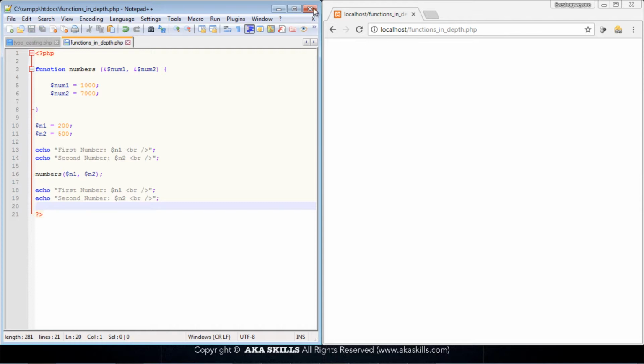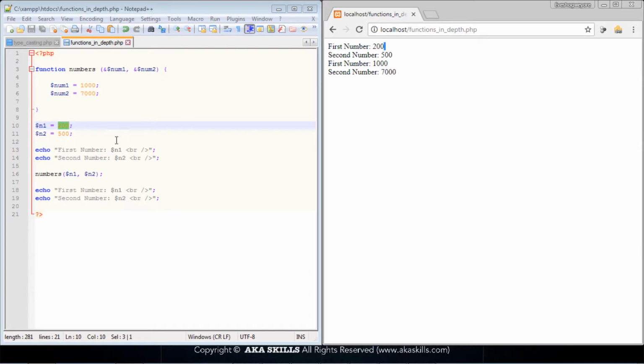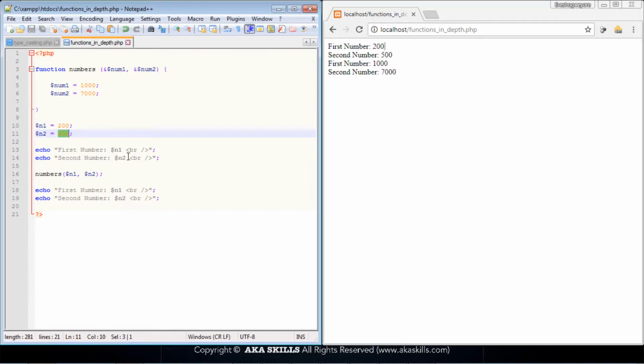So when I save this and refresh this, you would notice something interesting has happened. You'll notice that at first when we asked to echo n1, we got 200 right here. Next up, we asked to echo 500, which is n2, and we got it right here. But then at this point, after calling the function numbers and passing the variables n1 and n2,